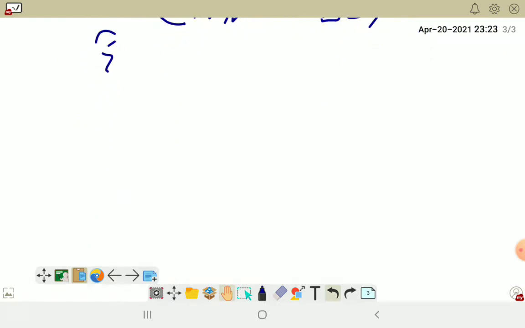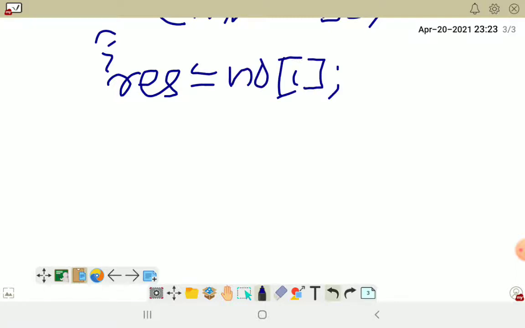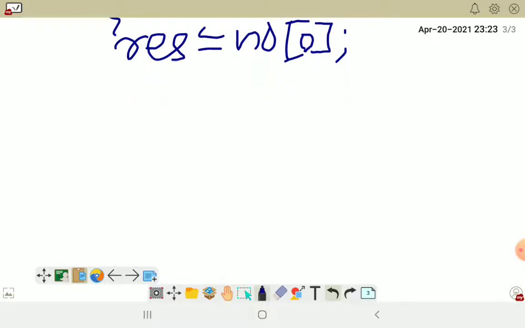Then what do you have to do? Now you have to start with the main process part of the program. So that is result equal to no of 0, it means the first value of the array will come to result. Thereafter you have to start the loop again for the comparison. So you start the loop here for I. Sorry, now there is no need to start with 0 because the 0th place number is already stored in result, so you can start with 1. Then I less than 10.